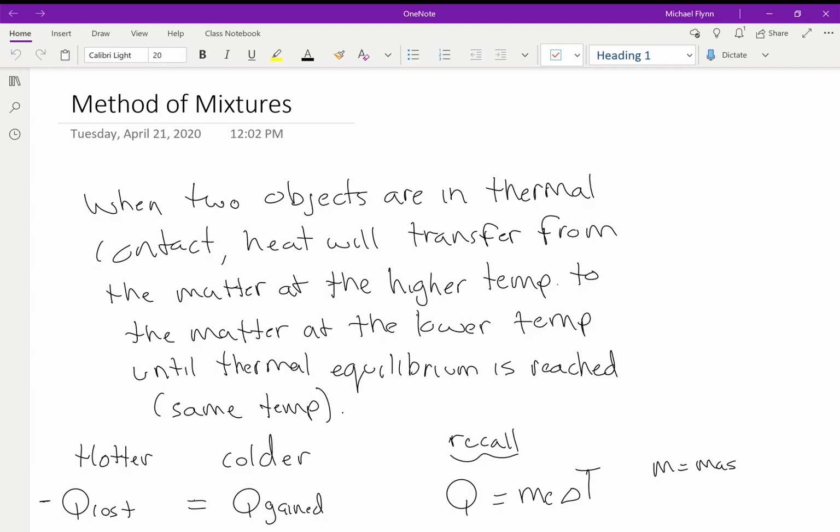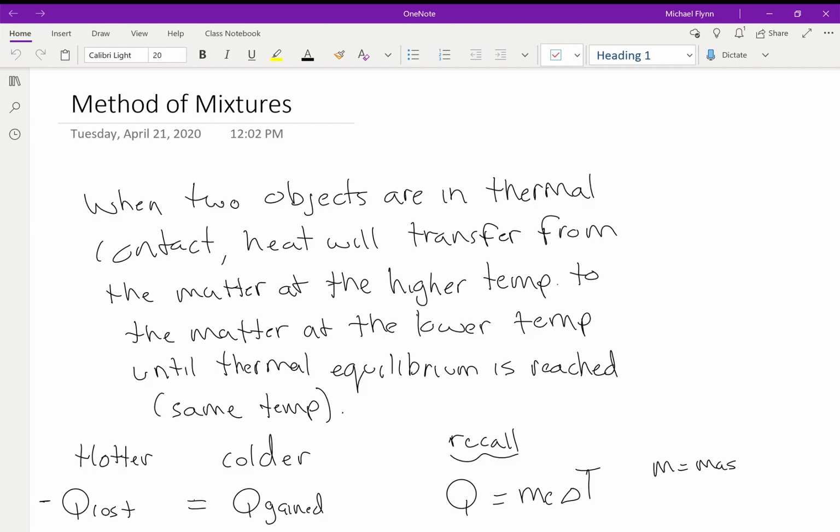Now, it's not really a new lesson. It's more just an explanation on how you do certain types of problems involving specific heat capacity. Some of you, I think, have figured this out without my help, which is great. But the 2 videos I uploaded today, one is an experiment that I did in my kitchen where